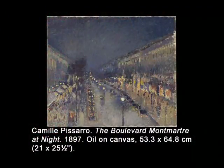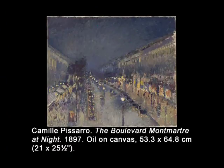Among the 6 Pissarro paintings in the National Gallery is one nocturnal scene, Boulevard Montmartre at Night, from 1897. This may have been an experiment by the painter, for night scenes were rare in his art, and the painting is both unsigned and undated. We know, however, that Pissarro lived for 2 months in the winter of 1897 at a Paris hotel that overlooked